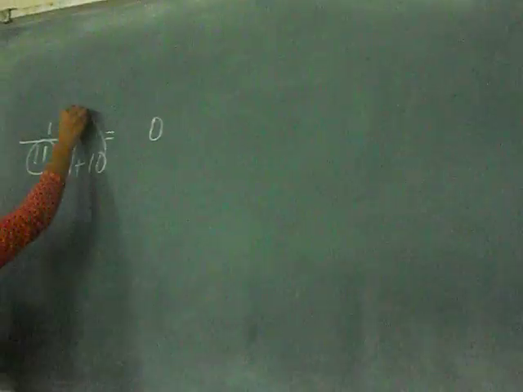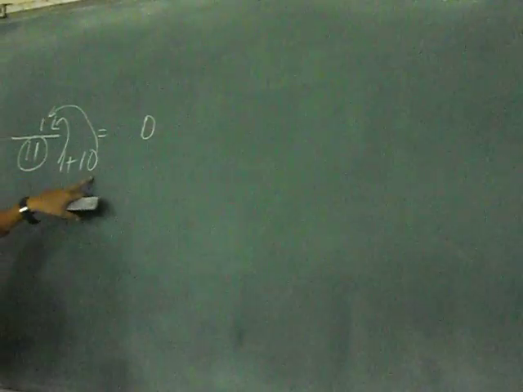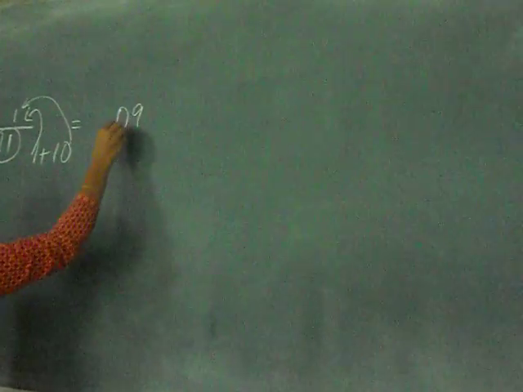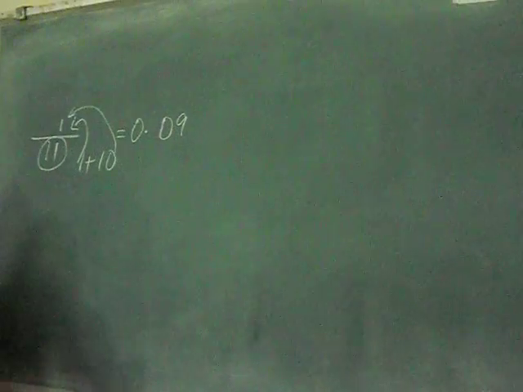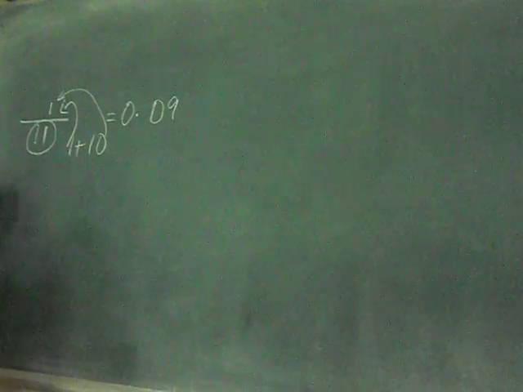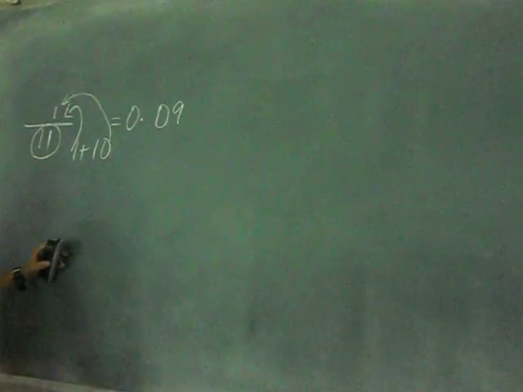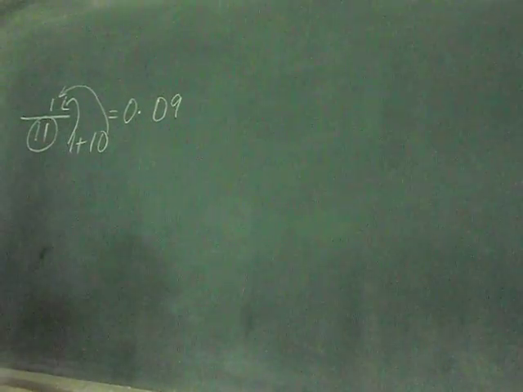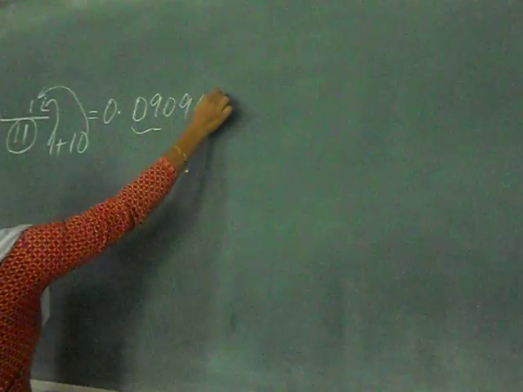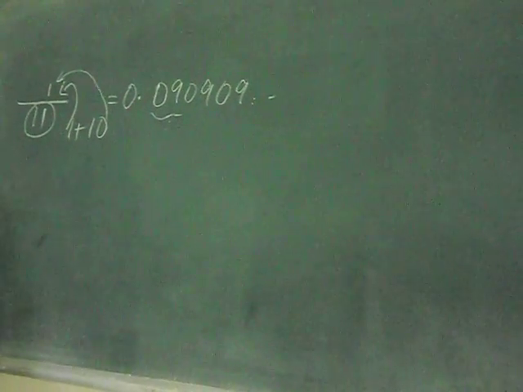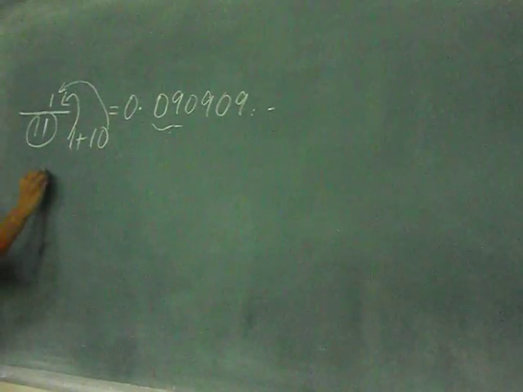And then subtract the numerator from 10, so the answer will be 9. Since it's a proper fraction, we just put it after a decimal point. As you all know, division by 11 will be a recurring number, so repeat these two digits, that is 0.0909 etc. will be the answer. Once again, I will explain it with another number.